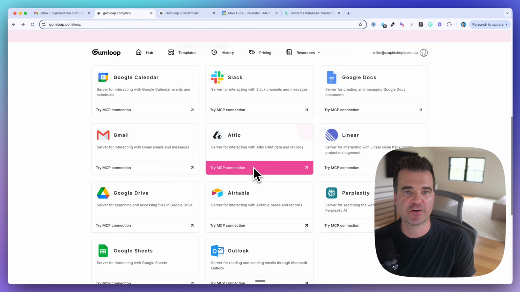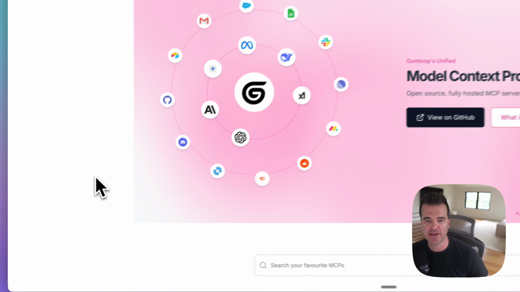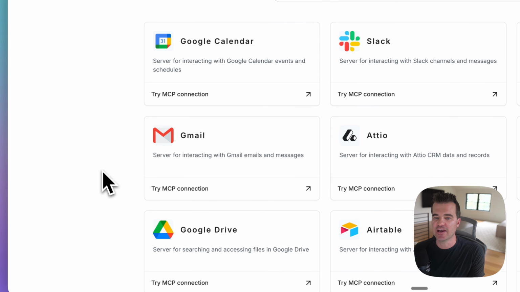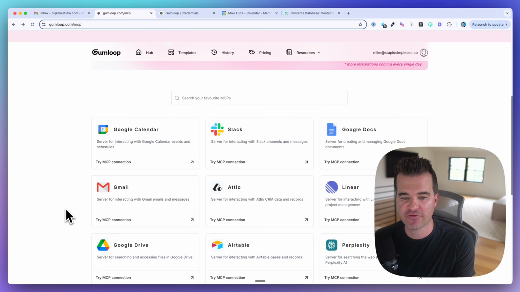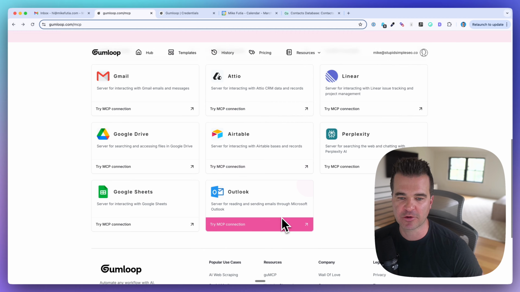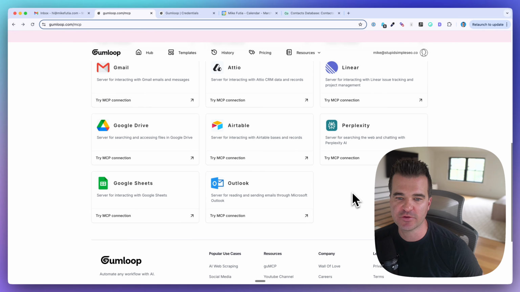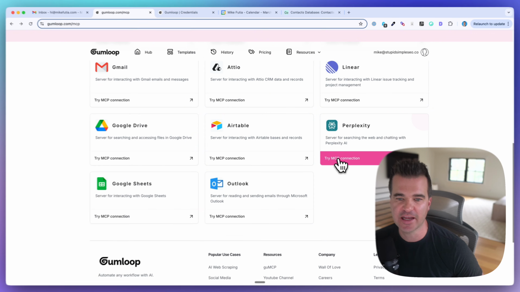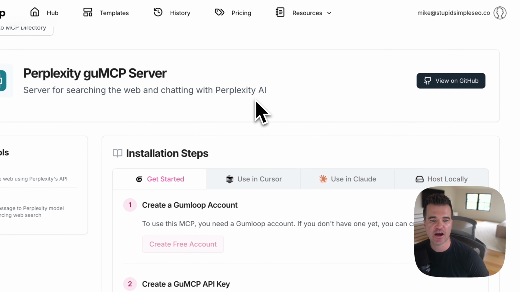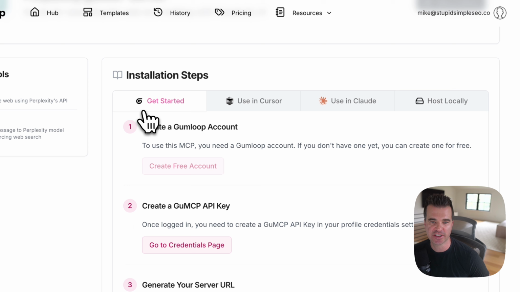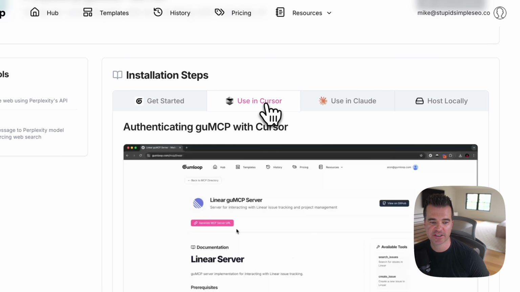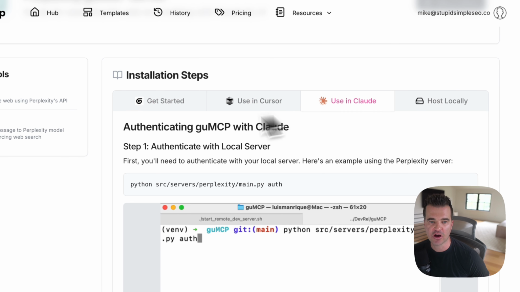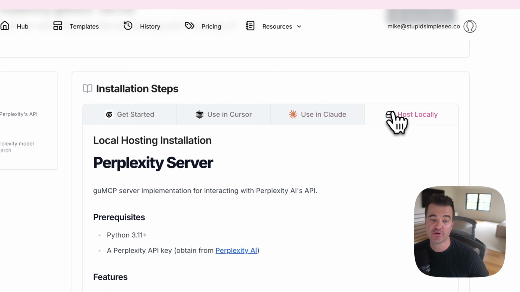All right, so once you have your key for Gumloop MCP, we can come back to this MCP page here with all of the integrations, and you need to set up a connection for each app. So I don't have Perplexity set up yet, so we can use this as an example, okay? I'm going to come down to try MCP connection under Perplexity, and now we're taken to a page with the installation steps. And again, we can use this in Cursor, in Claude with a local server, and you can also host